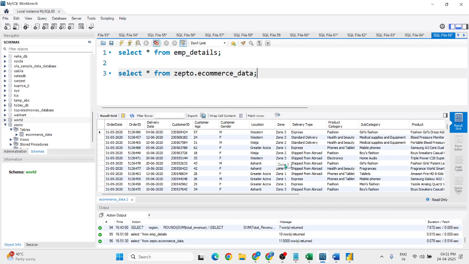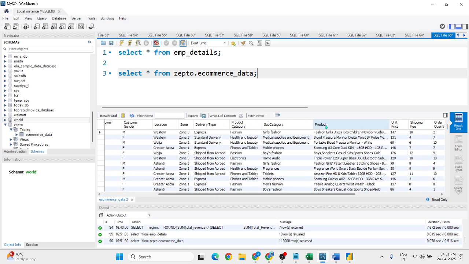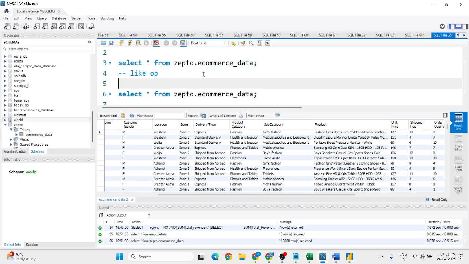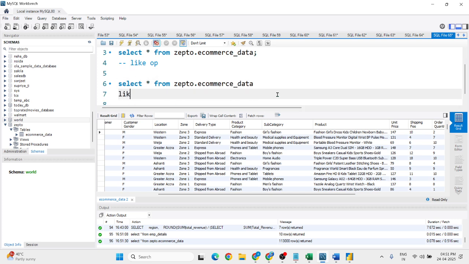Now what I want is just only the products that start with A, okay? So for that I need to use the LIKE operator. The LIKE operator will now show me the products that start with A. So I will use the same query, just paste it here, select star from e-commerce data and simply write